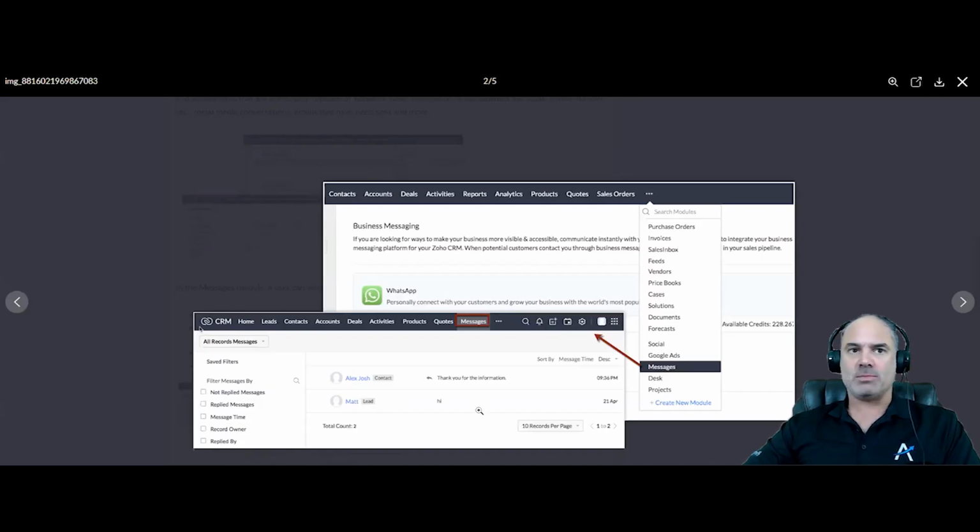So as you can see on my screen, and you can see the screenshots of this module that's going to take place, they're going to phase it in slowly, the same way that they did with the Canvas view and the other modules, and at some point you will also have it in your system. You will have a new Messages module. This Messages module will also include WhatsApp, so WhatsApp and SMS.